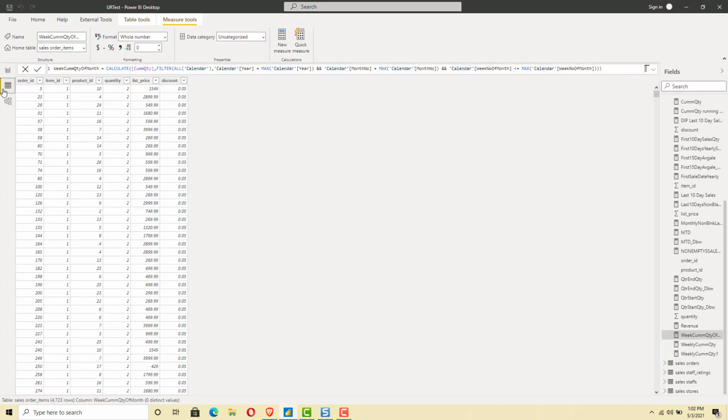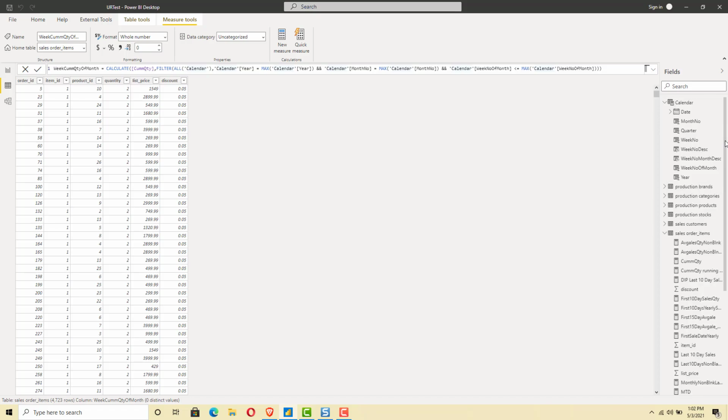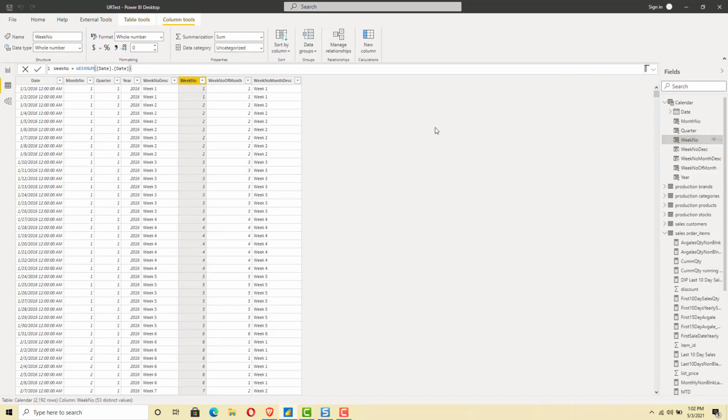For this, again go back to the date dimension, and as we told, we have a week number column which will be directly obtained using the week number function. So here the week number will be calculated as week number. This is the same as the ISO week number of the year, because we are finding it at the year level. We can use the same week number itself, and we will just have one more week number description which is used for the header, and there we will have the textual corresponding value, week of that particular week number.